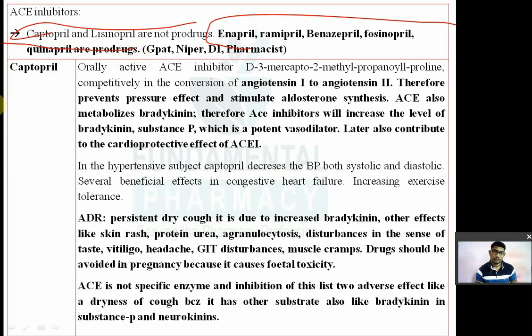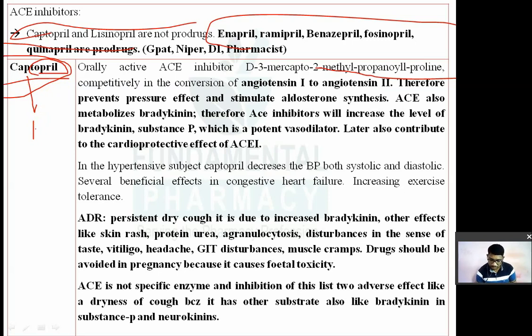Okay. Now captopril क्या है? Captopril is an angiotensin converting enzyme inhibitor, an orally used ACE inhibitor, and it is nothing but the D-3-mercapto-2-methylpropanoyl proline. So it is a proline derivative. यहाँ पे दो अमीनो एसिड होते हैं इसमें, इसके ऊपर भी क्वेश्चन आ चुका है, what are the different amino acids present in the captopril. तो प्रोलिन, प्रिल मतलब प्रोलिन, प्रिल फॉर प्रोलिन। अनदर अमीनो एसिड होता है एलानिन, एलानिन प्लस प्रोलिन।